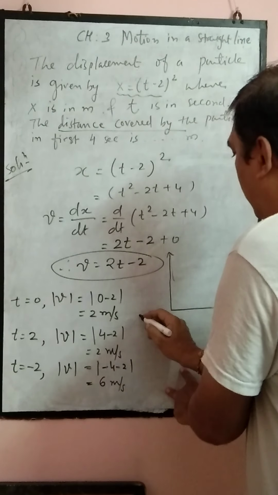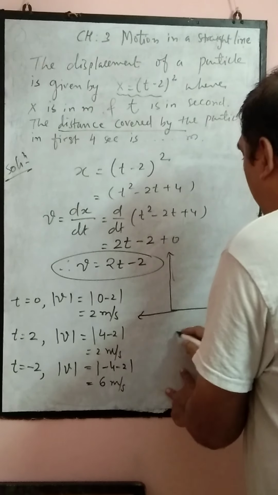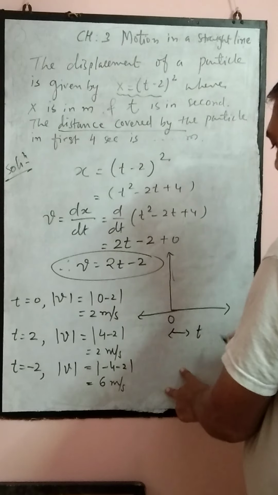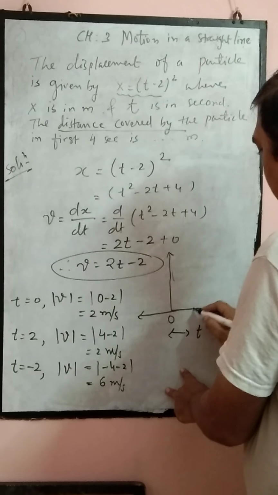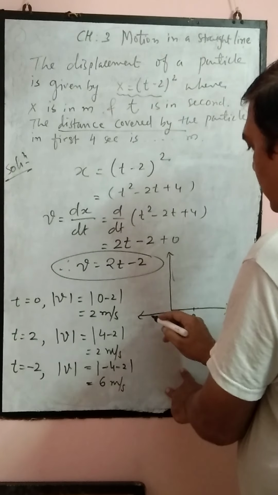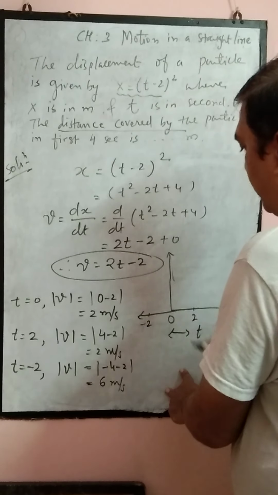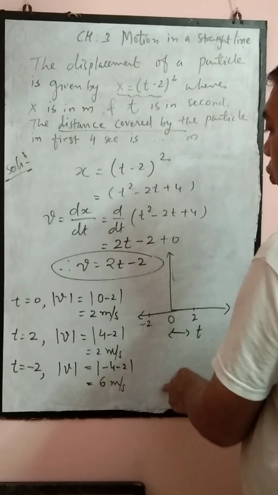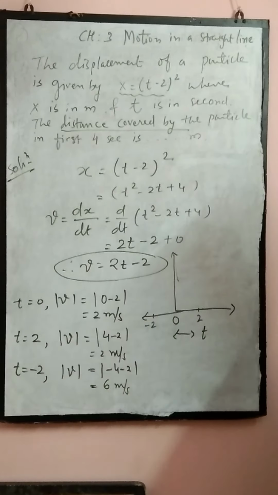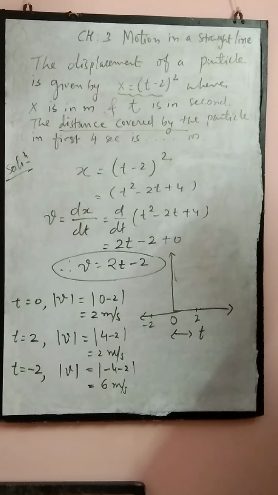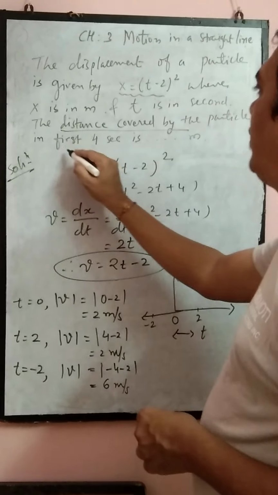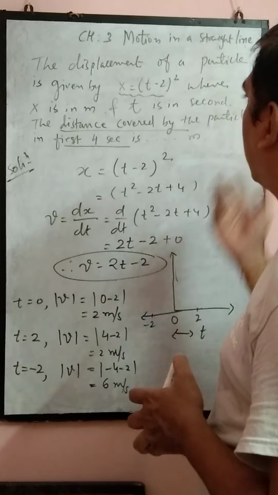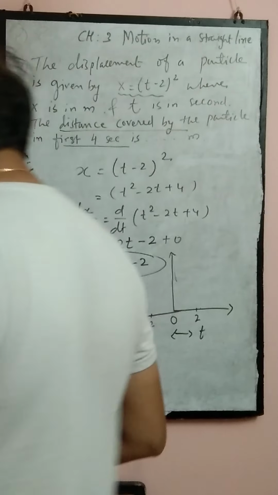Okay, so here, this is the time scale. This is 0, this is, let's say, 2, this is -2, right? Again, if you want to plot, you can, but 4 seconds na. Here just see, instead of -2 it will be better to take 4, because we just want to find out the distance covered by the particle in the first 4 seconds, yeah, in 4